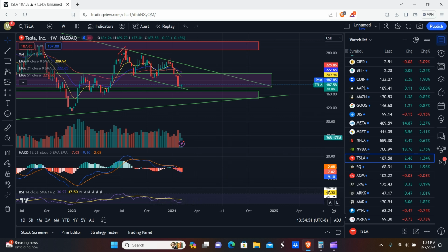So when you look at the weekly time frame, there's not really much to see here. You can see the MACD's kind of moving down. RSI is not really doing much, just kind of bobbing around. We're kind of moving around in this channel. Not really much to report on the weekly. However,